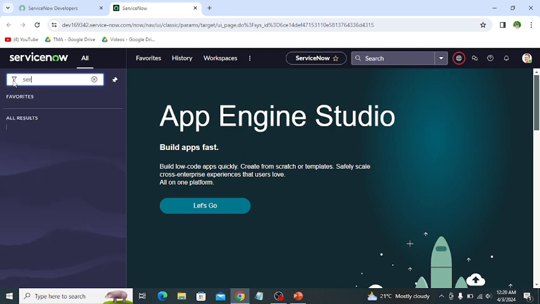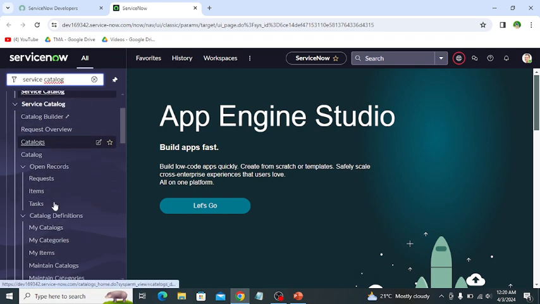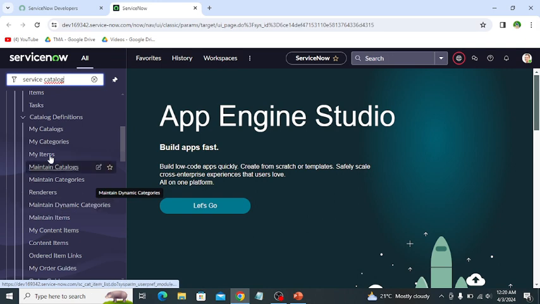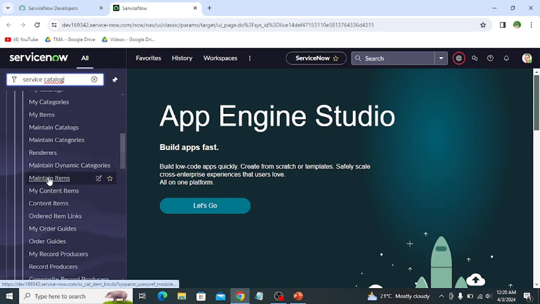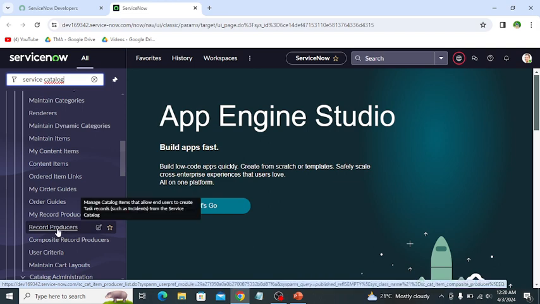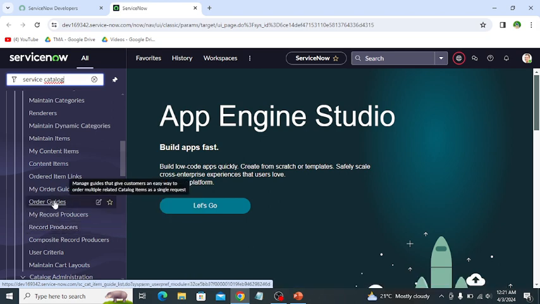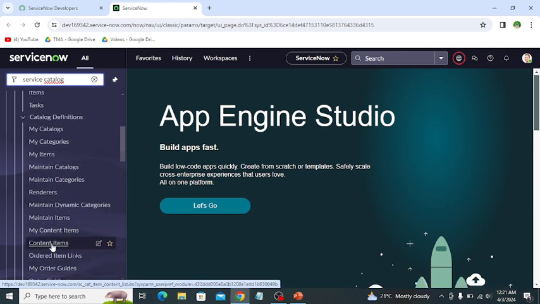If you type service catalog, then you can see that under the service catalog there are different modules like maintain items, content items, order guides, and record producer. If we want to open the record producer, then we navigate to the record producer table and open it, and the same for the order guide and also for the content items.